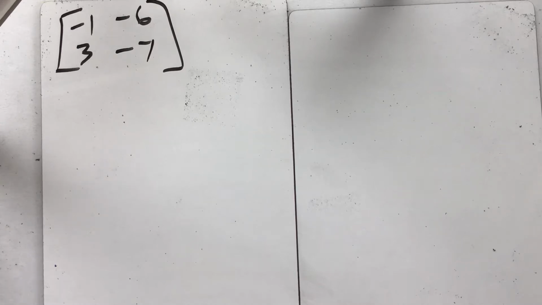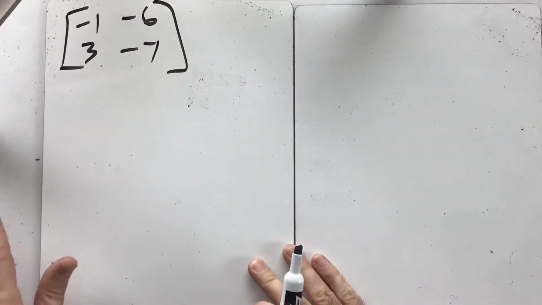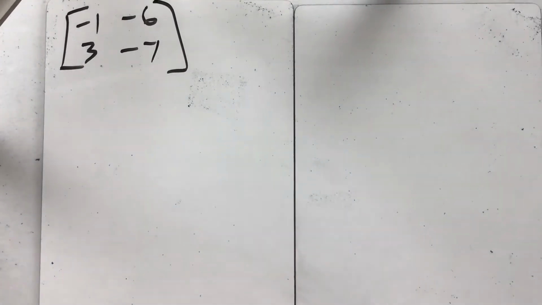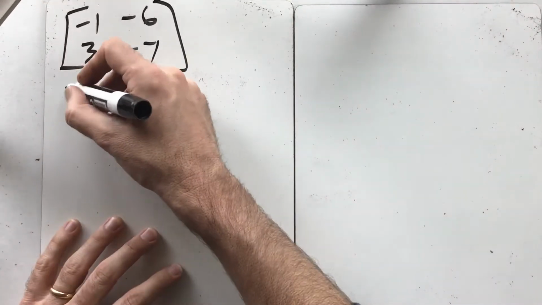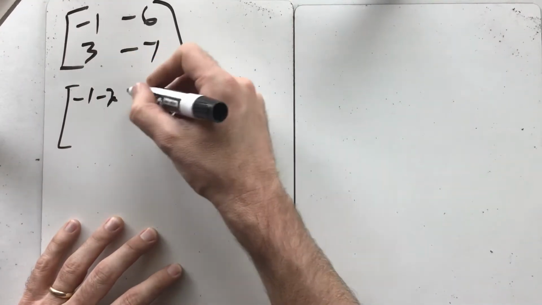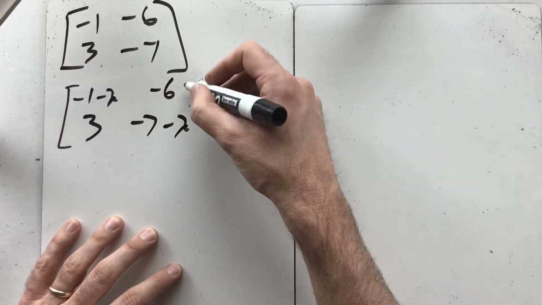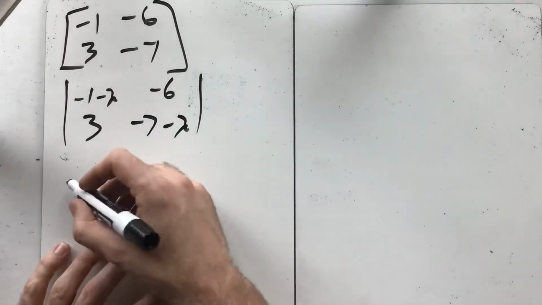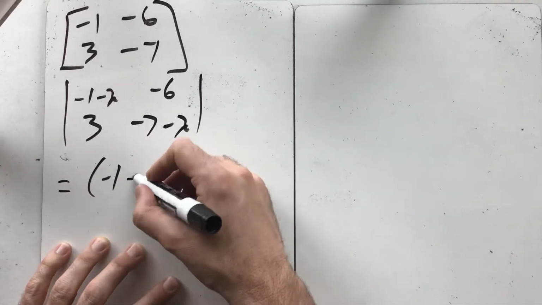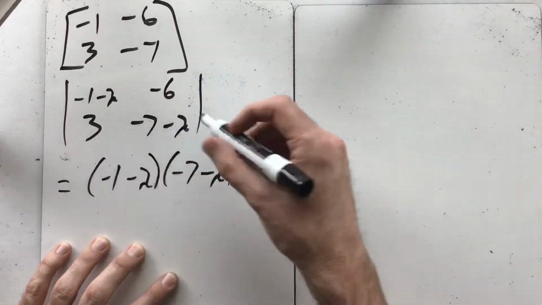Our last example for complex eigenvalues and eigenvectors is the matrix [-1, -6; 3, -7]. Let's tackle this and see how we go. Again, we're going to do it like we always do. -1 minus lambda, -6, 3, -7 minus lambda, and then we'll take the determinant of that and set it equal to 0. So the determinant gives us (-1 minus lambda)(-7 minus lambda), and then minus, looks like